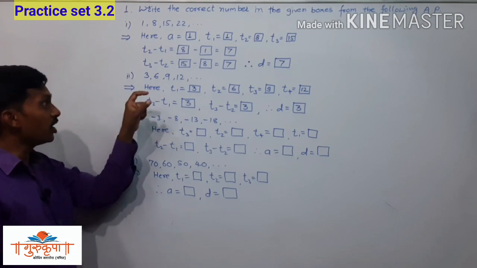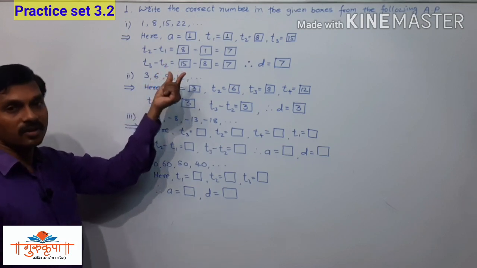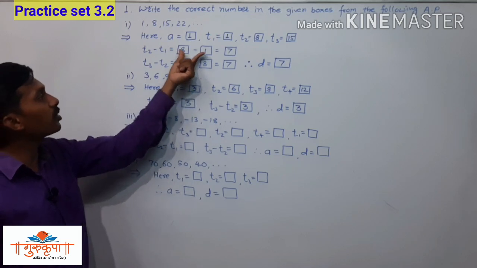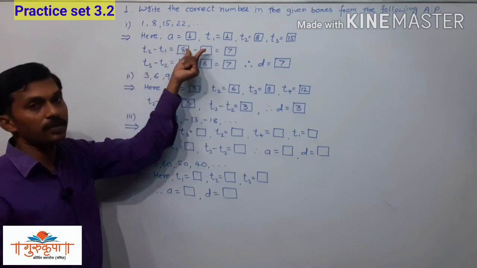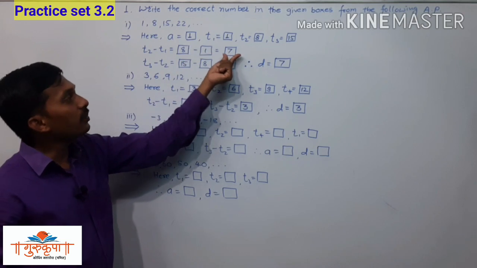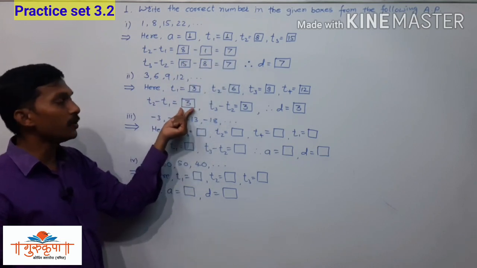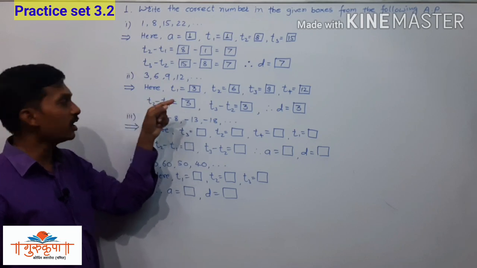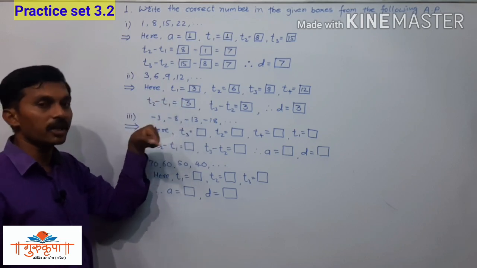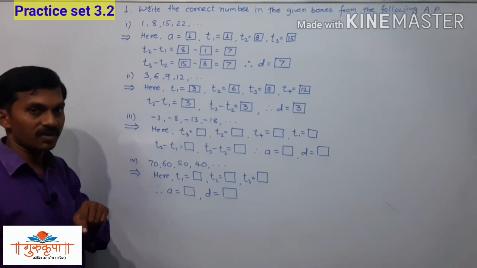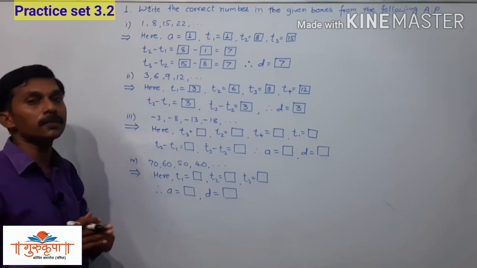But we have to identify the changes. In the first example we were given separate boxes for writing the terms, and then a box to write the difference. But here we have been given a box only to write the difference between them. We are unable to write the terms separately. Directly we have to write the difference there. We have to observe that carefully.